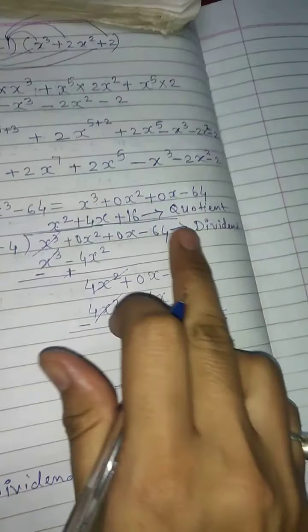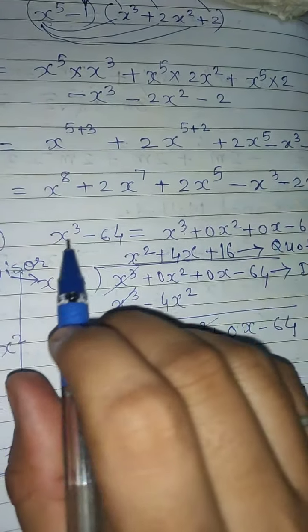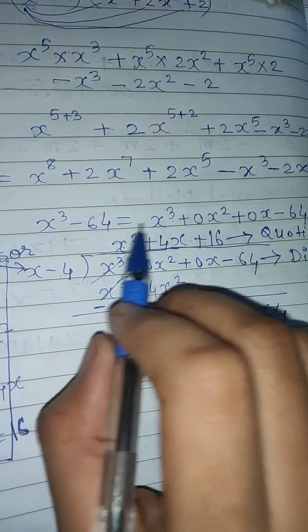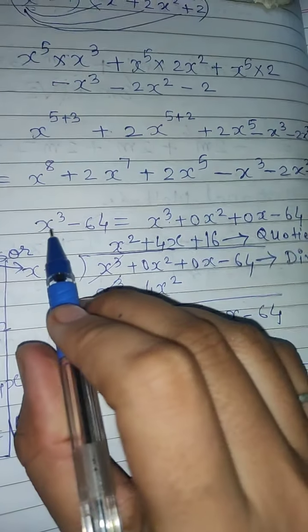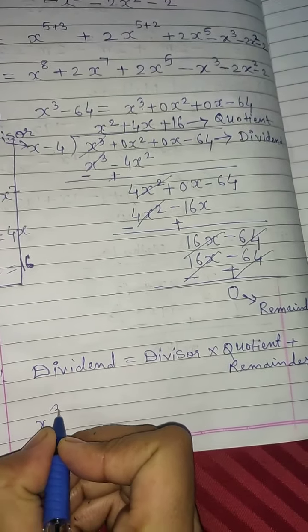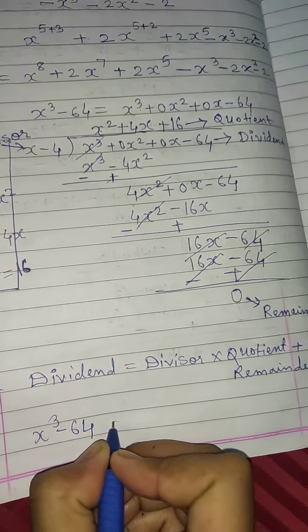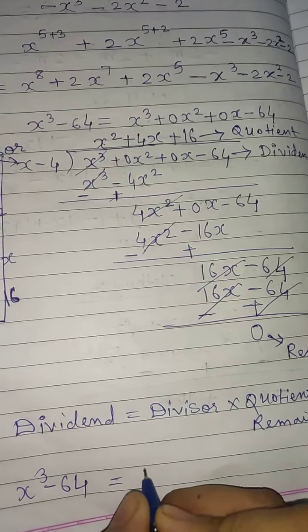So dividend means our dividend is this. So in place of this we can write x cube minus 64, because both are equal. So from here we can write only x cube minus 64. So x cube minus 64 is equal to the divisor. Divisor means x minus 4